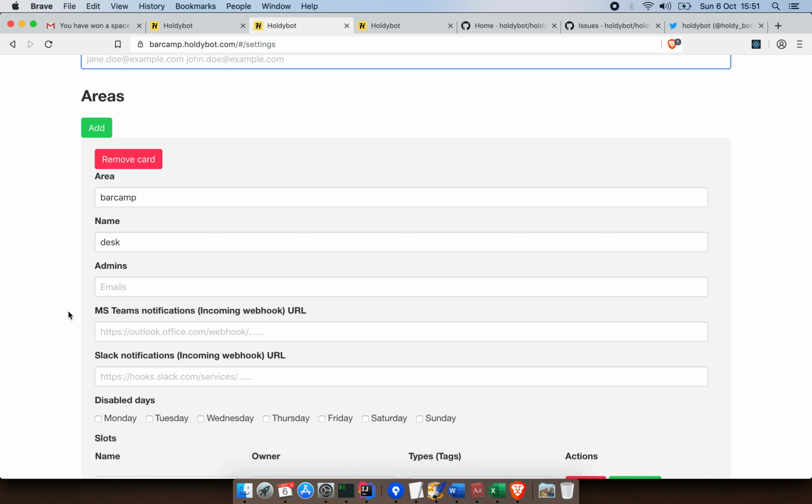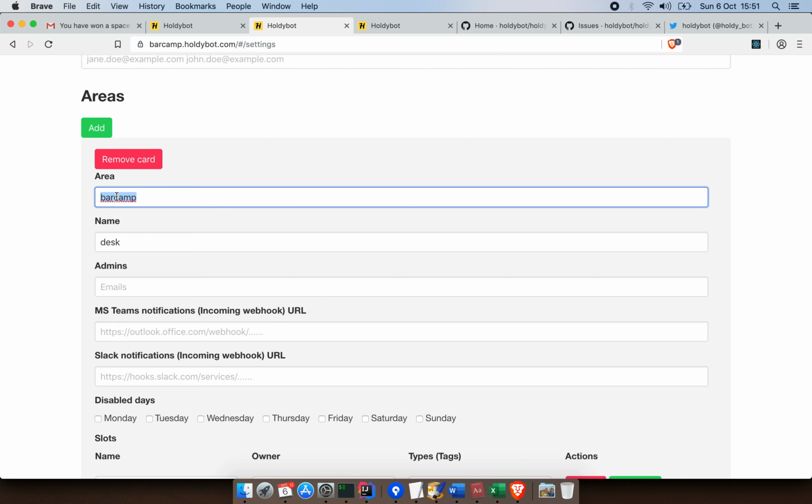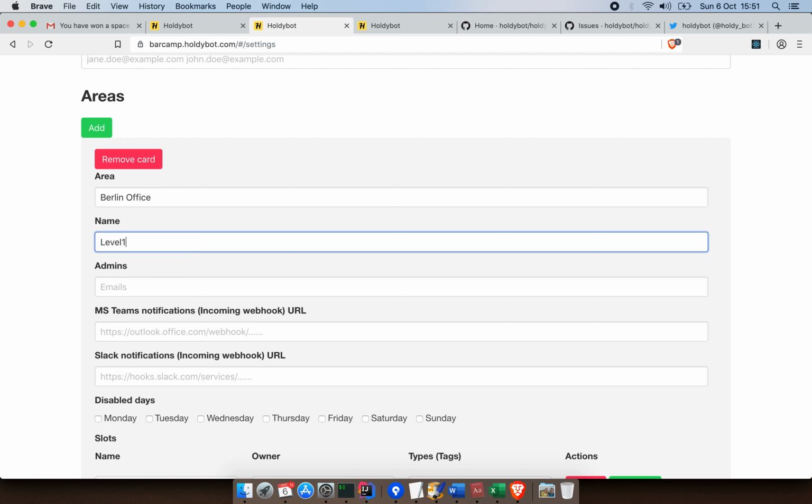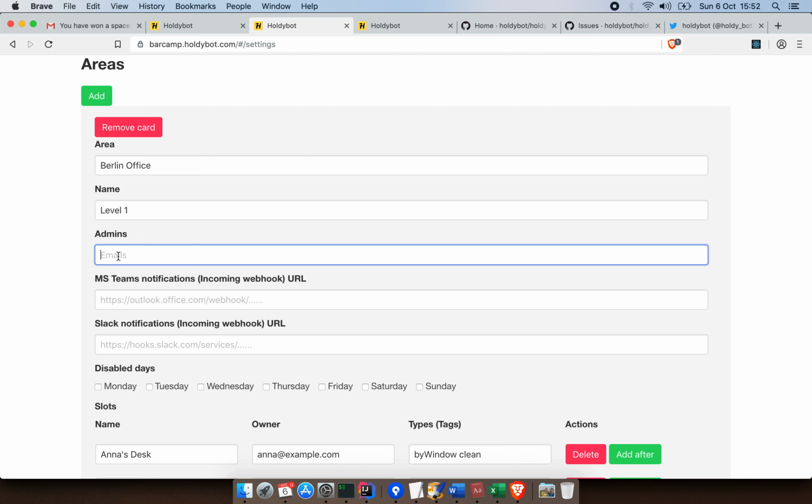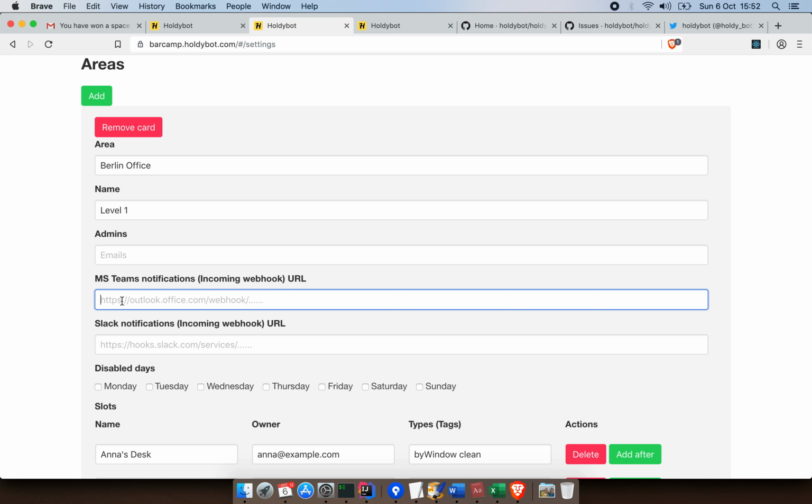So, and the most interesting part is the definition for a parking area. So a parking area, it's like a name of the parking. So it might be like a Berlin office, and it can be like level 1, and it might be level 1 in some building, and then level 2 probably, or I don't know, in a building C, building B. So you can have any names you want. You can specify an admin for just that particular parking area. I will show in a second what it means. You can specify